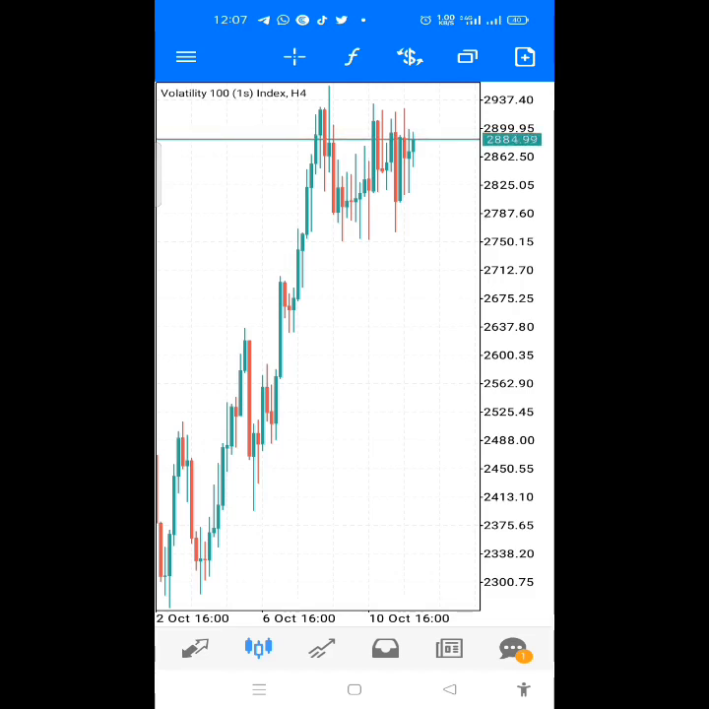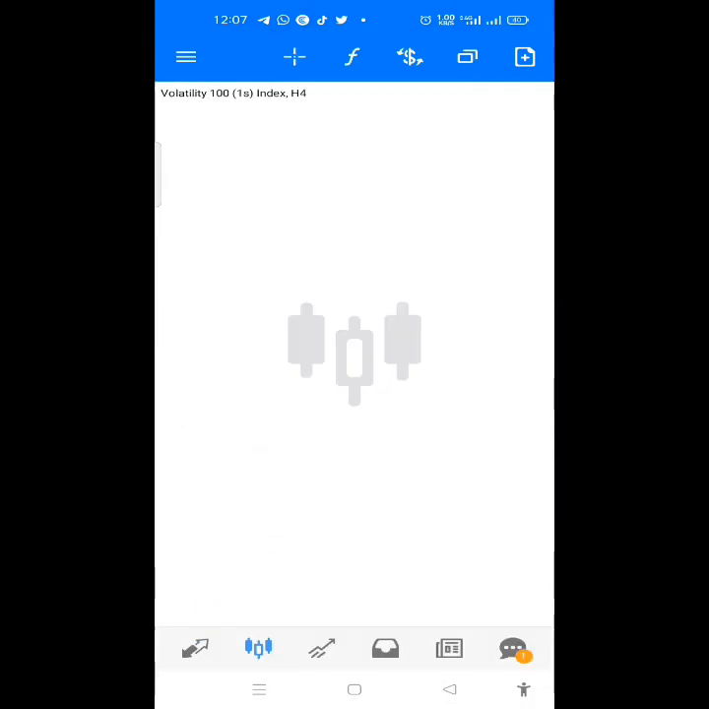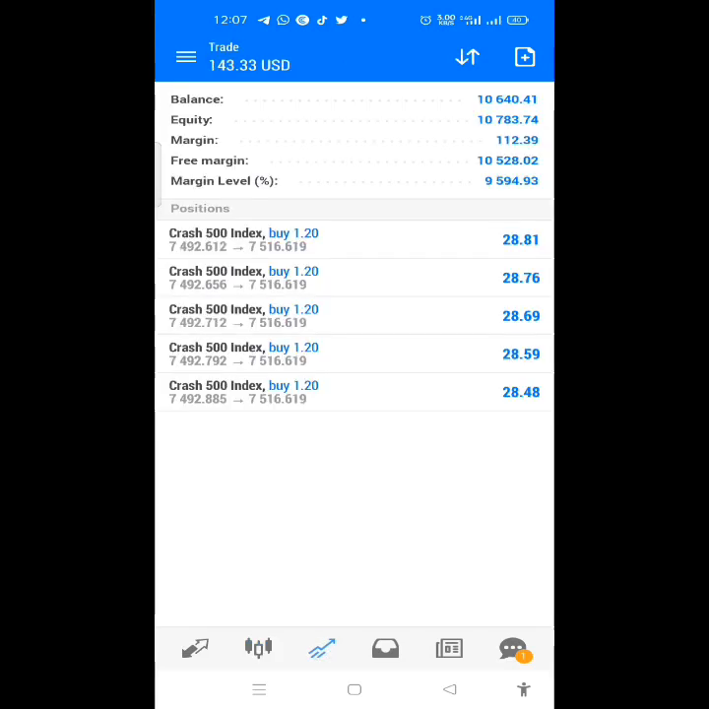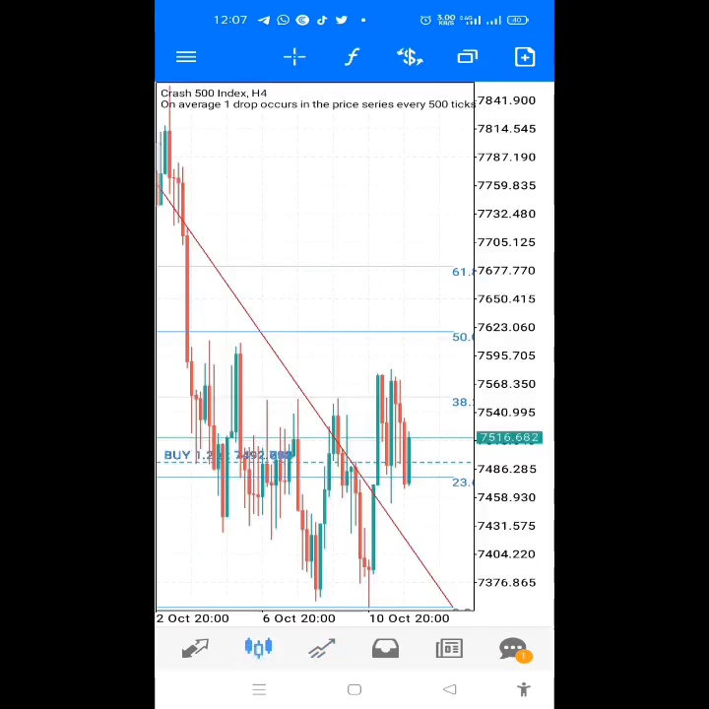Now, this Volatility 101, we'll come back to this. Let's go to the Crash. Okay, it crashed, it reduced the profit. Don't worry, it's still going up. Now, why did I make entry for a buy? The Fibonacci has been plotted, but let me remove it